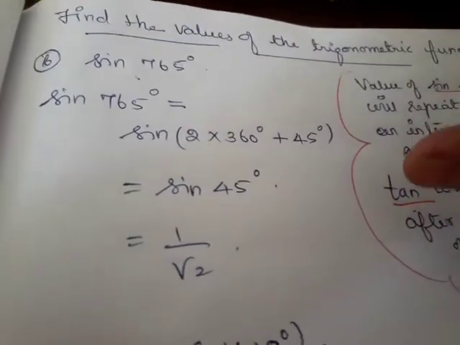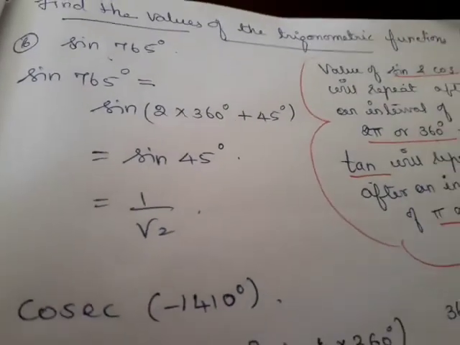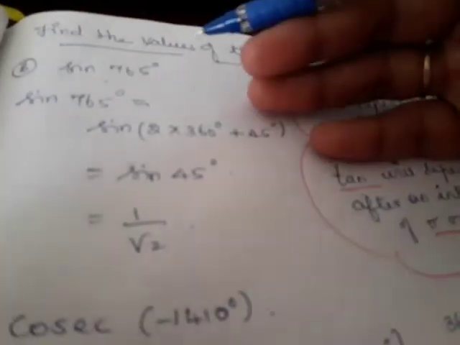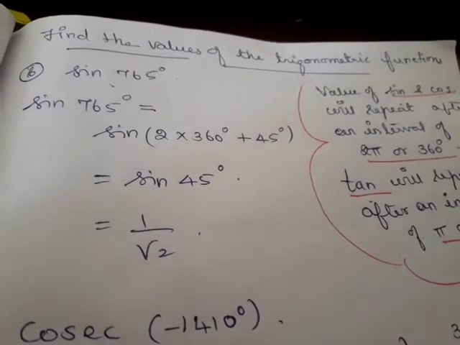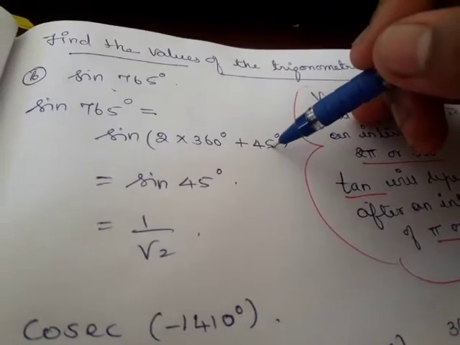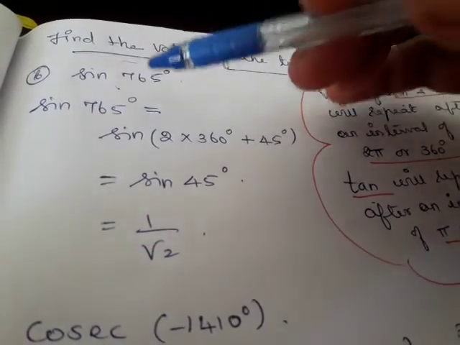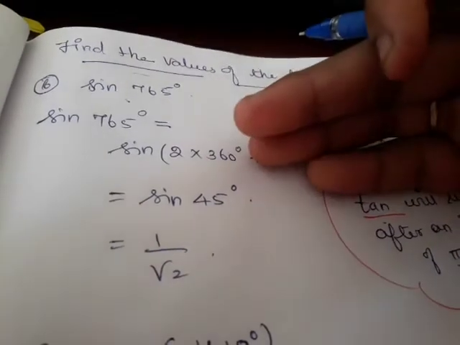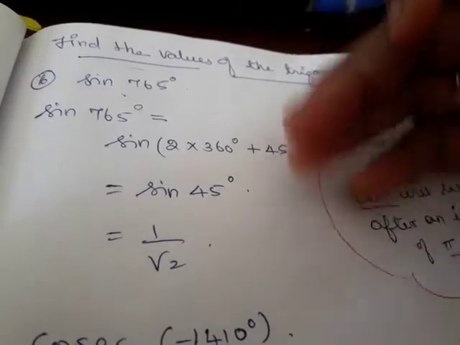The main idea behind solving such kinds of problems is, we try to express the given angle as a multiple of 2 pi in case of sin and cos, and pi in case of tan and cot, plus some standard angle for which we know the sin, cos and tan values. I repeat, whatever question is given, you try to express it as a combination of a multiple of 2 pi for sine and cos plus some standard angle, and a multiple of pi for tan